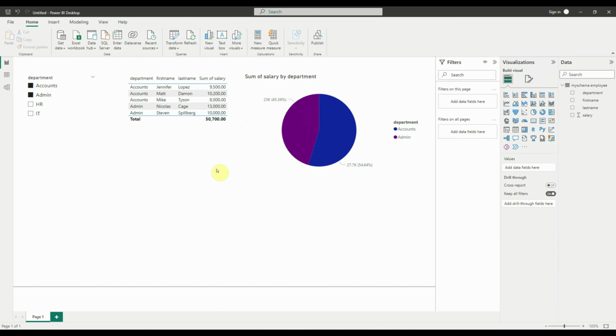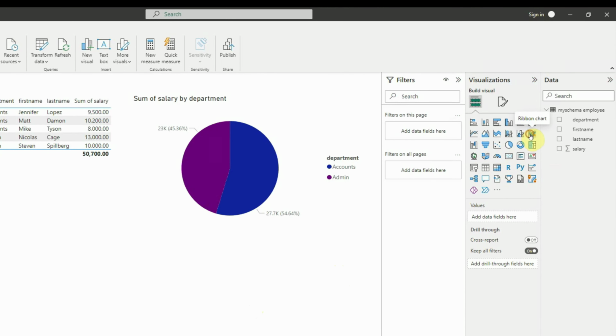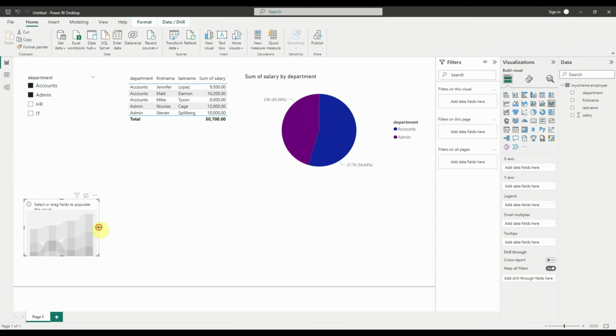Now I'm going to add another graphical visual here, which will tell us the employees who are getting the maximum salary, shown in order of their salary. We are going to add this ribbon chart. Click on that, and it has added one ribbon chart there. Let's increase the size,